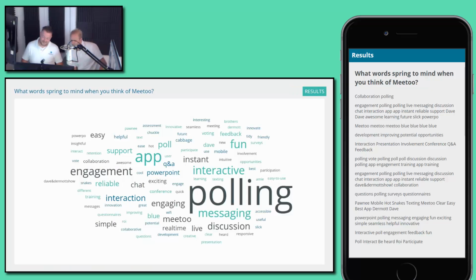There you have it. It's a good one. Polling. Interactive messaging engagement. Great stuff. Well, folks, there it is. A lovely word cloud. That's a really good one, yeah. It's quite nice. Well, what you'll see is, obviously we've got interactive and interaction. So, some words will be quite similar, but I like chuckle there. That's quite a good one. That's good. Dave, you've made it in there. Brilliant. I made it. Yeah, great.